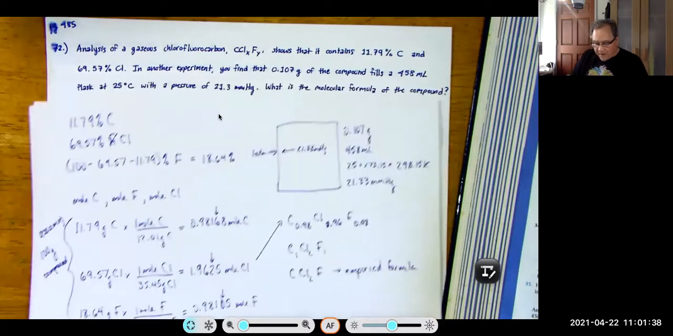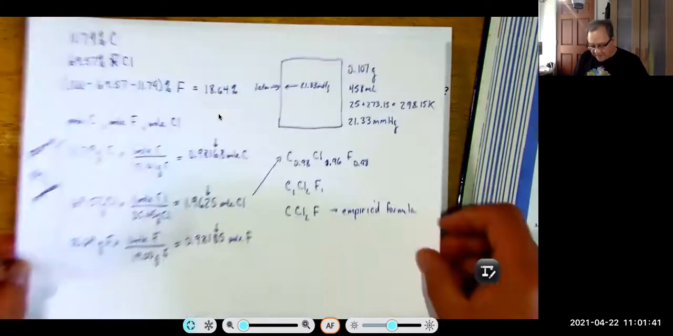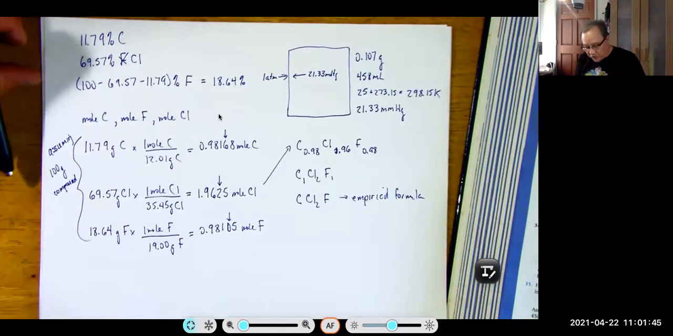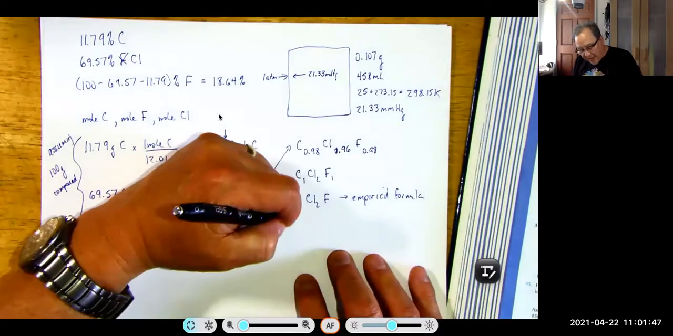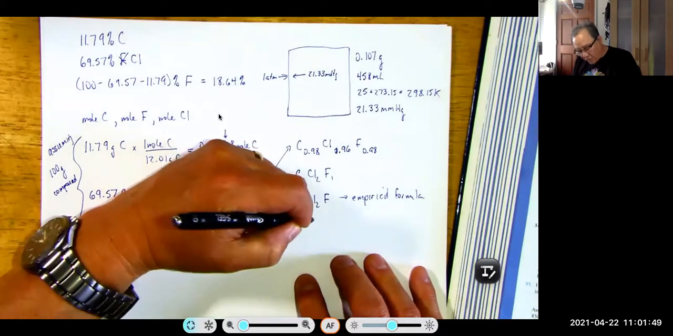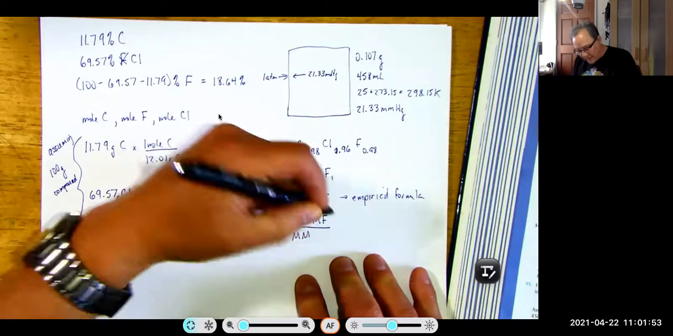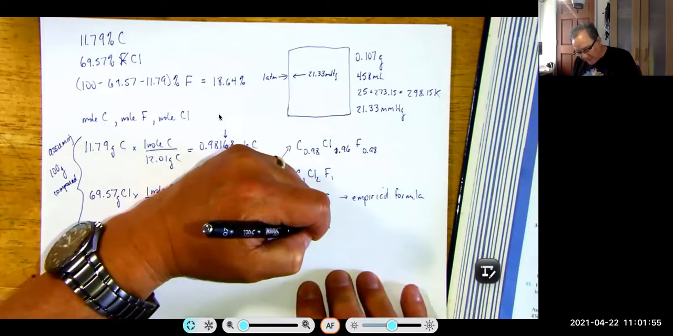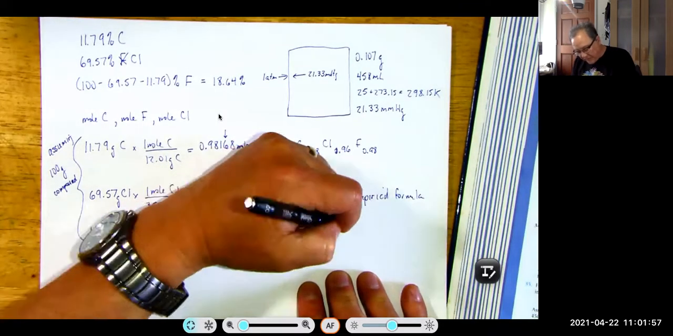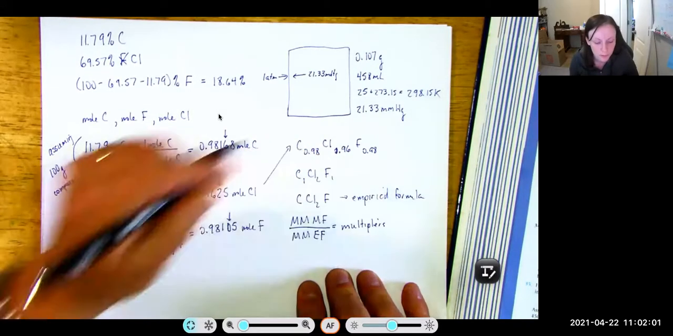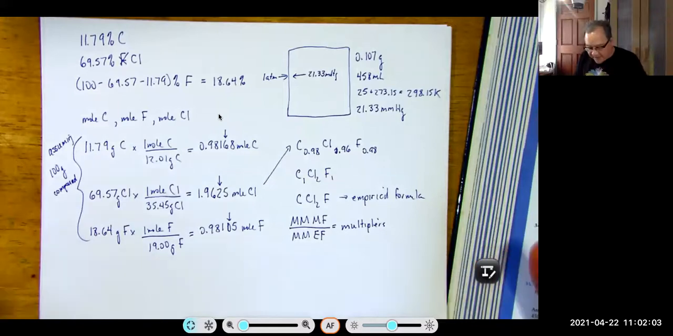Now we want to find the molecular formula of this compound. How do we get the molecular formula? Usually we take the molar mass of the molecular formula, divide it by the molar mass of the empirical formula to get a multiplier, right? Yeah, but we don't have the molar mass. Oh, but wait,